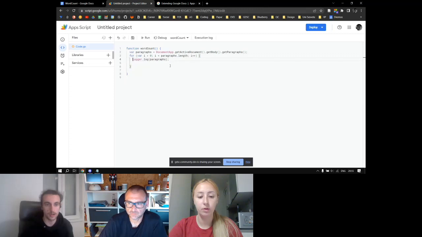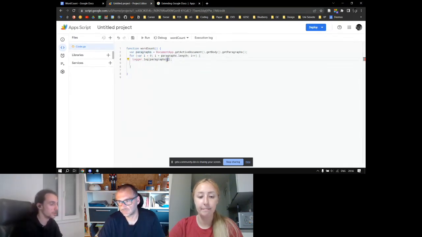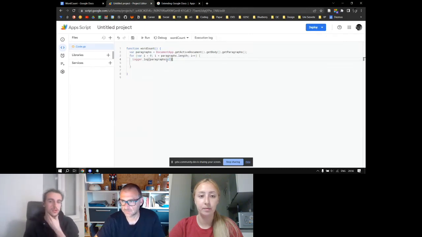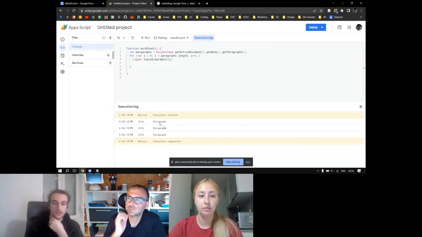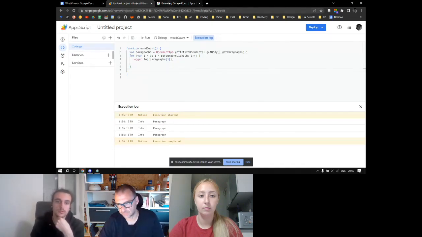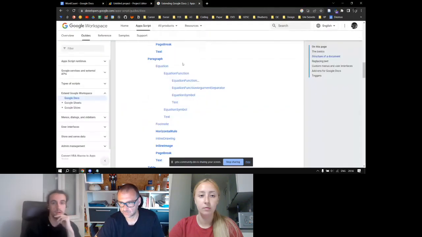Okay, and then this output shouldn't be just the same variable, but we should get each paragraph using this as an array index. Okay, if we do just this, we will get the same output, just not as an array, but in different rows. So we need to get to the content of each paragraph.